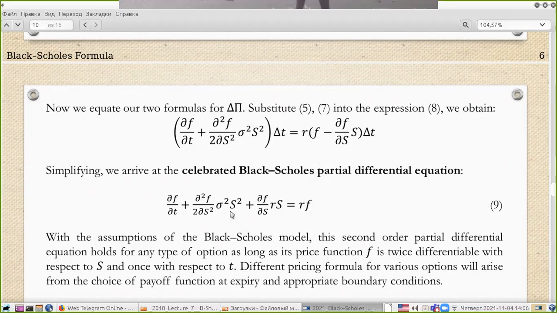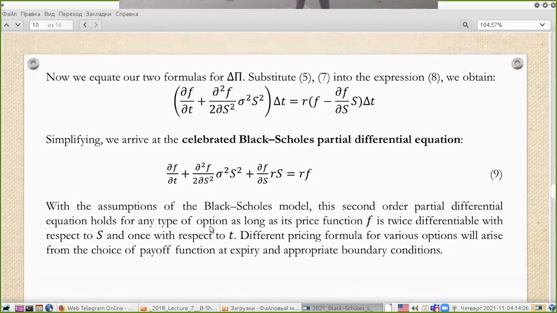After several manipulations, it's easy. You see that it's rF on the right side, and